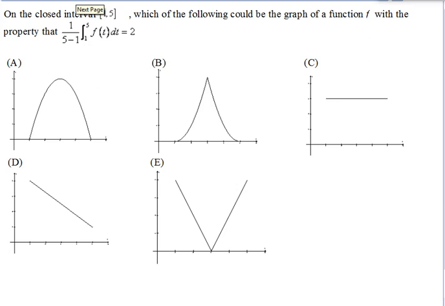All right, let's take a look at a multiple choice type of question. It says on the closed interval from 1 to 5, which of the following could be the graph of the function f with the property that this is true? Well, first, you just need to recognize what this represents. You've got 1 over b minus a, integral from a to b of this function. So you have to first recognize, okay, this means the average value